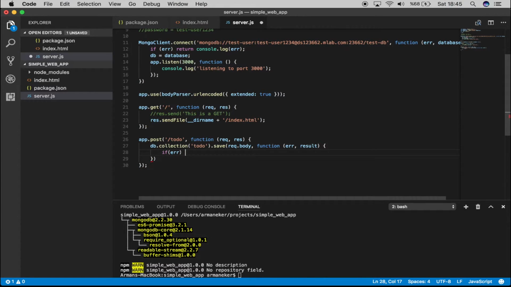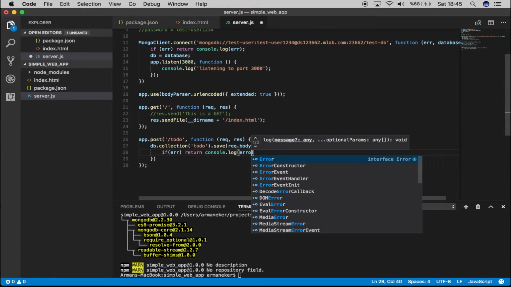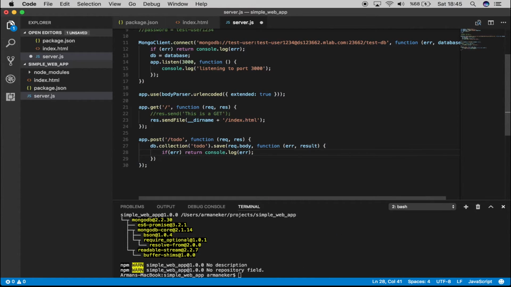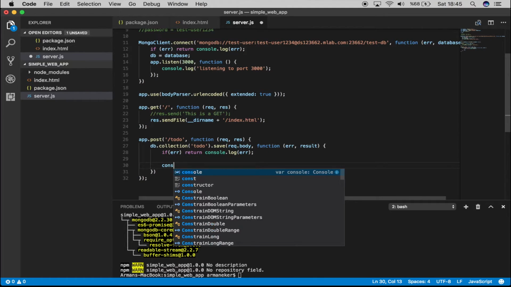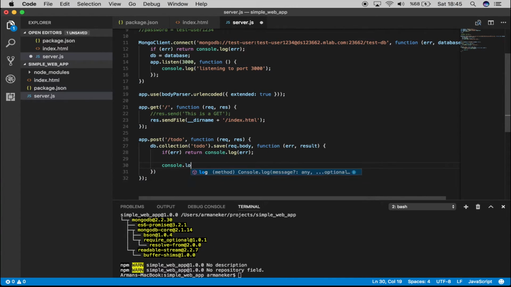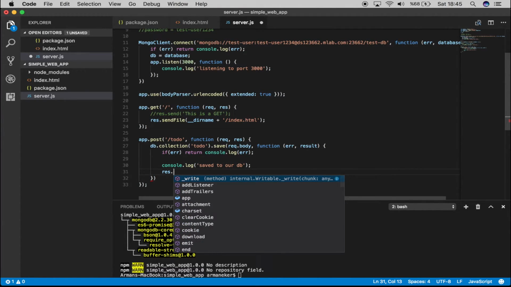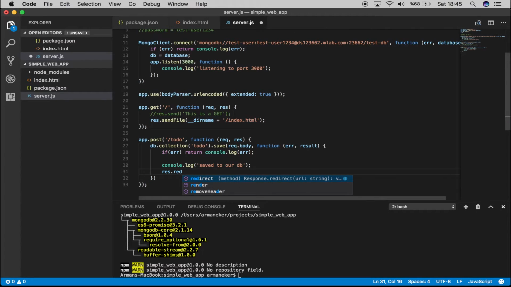Return console.log the error. Otherwise, console.log, and let's write saved to our DB. And now we will redirect them to redirect